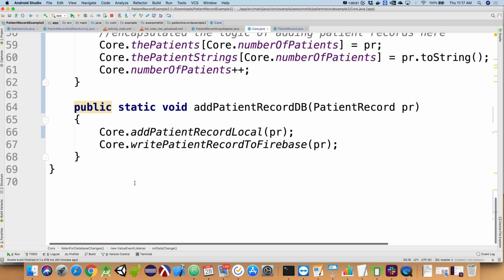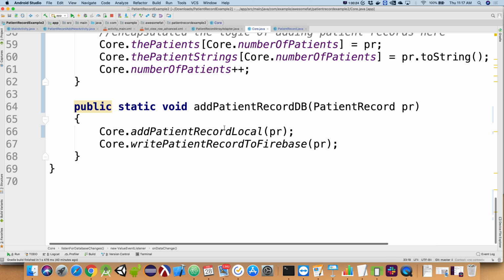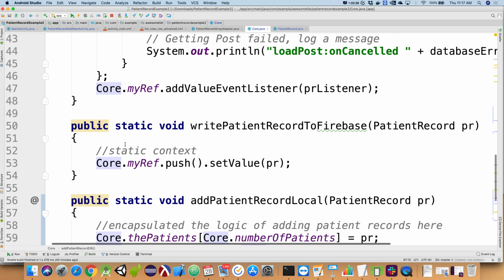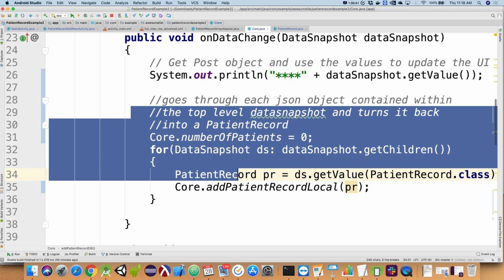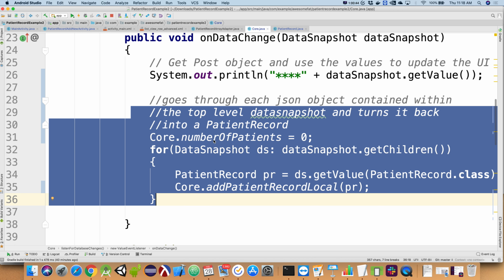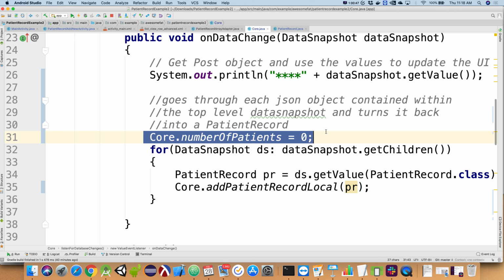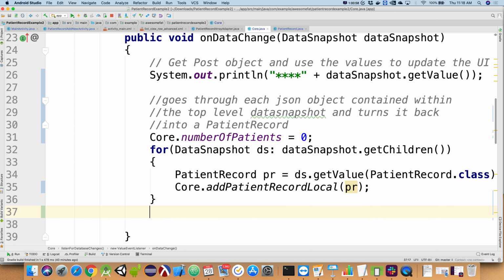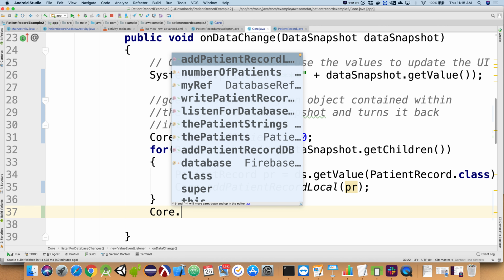So then what I might do is down here, when I add a patient record to the DB, I might not add it locally. You're relying on an active internet connection, but I can choose not to add it locally here. Instead, when I write it to the DB, that will then trigger this code. And what does this code do? It resets my patient record array and then goes through and fills it up with all the patient records that are in the database. And then what do I do after I've done that? Core dot, what's the name of my,